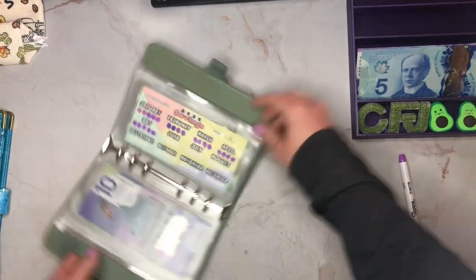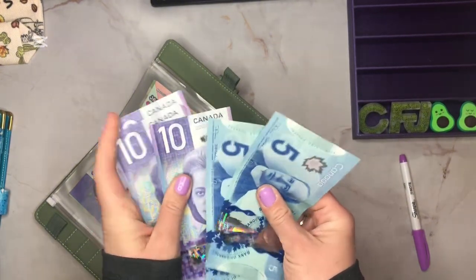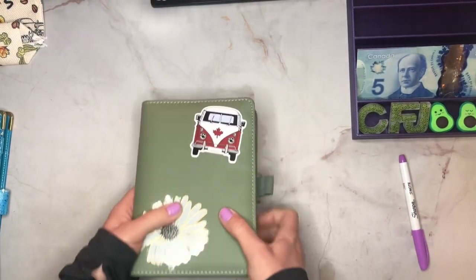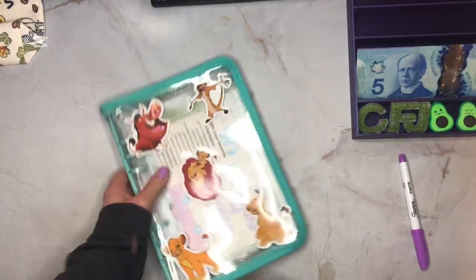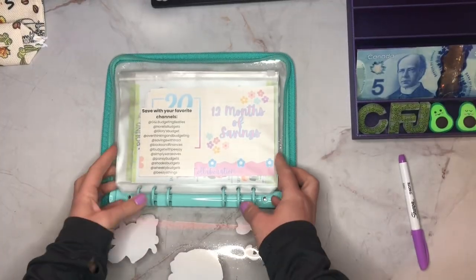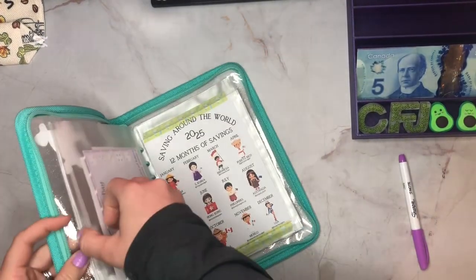Okay, so now let's see what we have left. 10, 20, 30, and $40 is what we have left. So we are done with this. So my next and last binder that we will work on today will be my group play or my collaborations. I do have this 12 months of savings collaboration, and this month